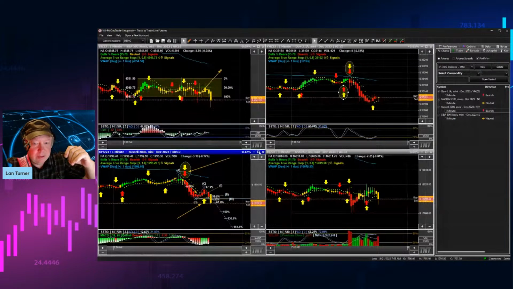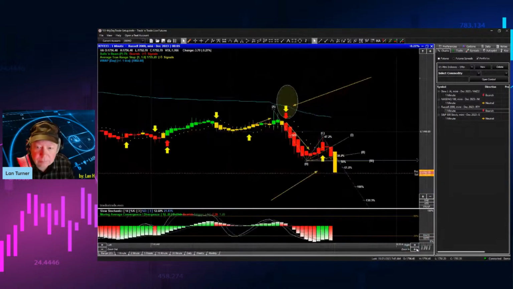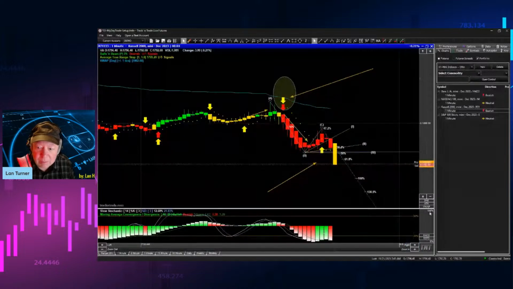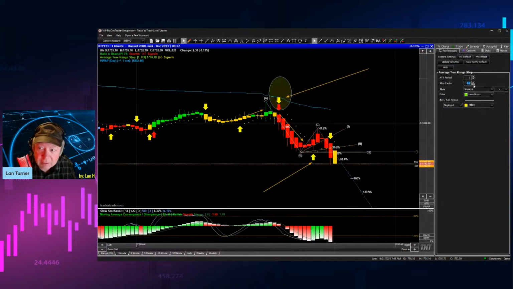Let's blow this up a little bit so you can see a little better. Woo, that's a little crazy. The mathematical model, and let's go in there and set that ATR. Let's make it a little more aggressive. Oh, that's not aggressive. 0.8. So the mathematical model comes in, and it's a little bit more,